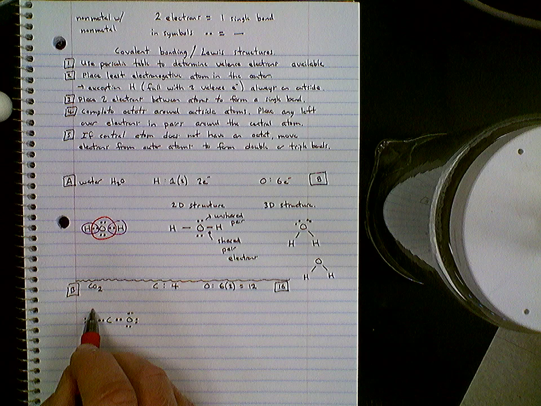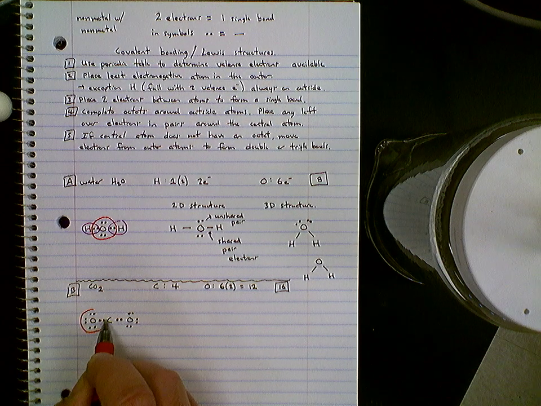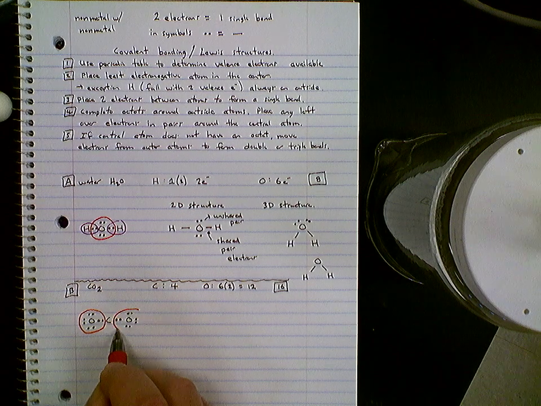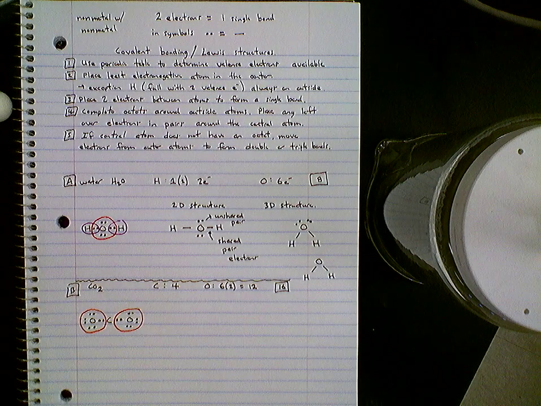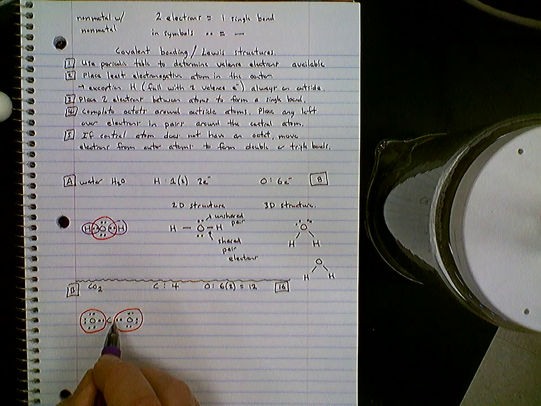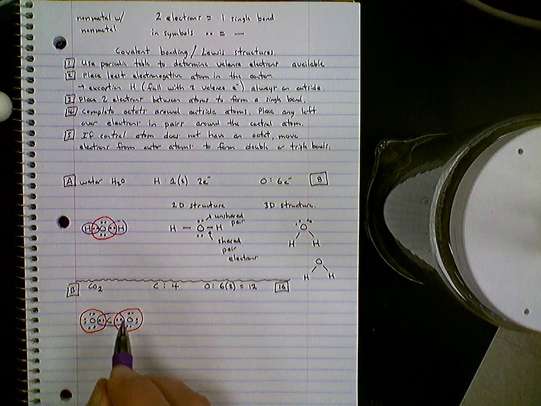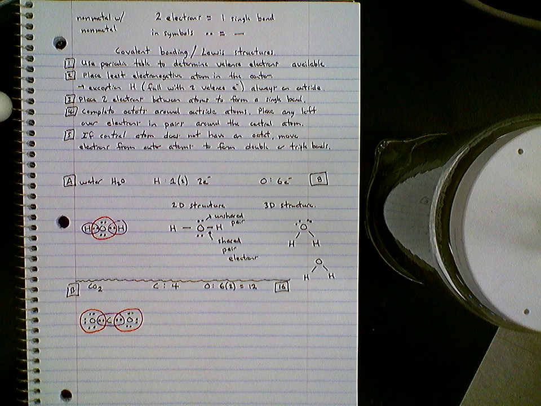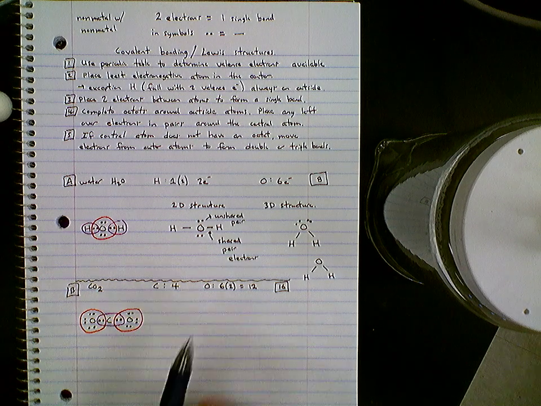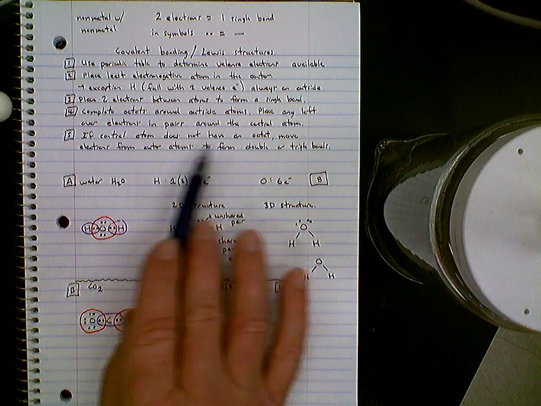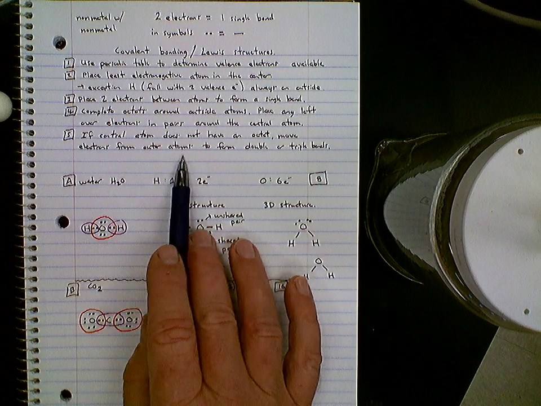This outside oxygen has its octet of 8. This outside oxygen has its octet of 8. The problem though is the carbon in the middle only has 4. And so what we're going to need to do is move to rule 5. Our central atom does not have an octet, so we're going to move electrons from the outer atoms to form